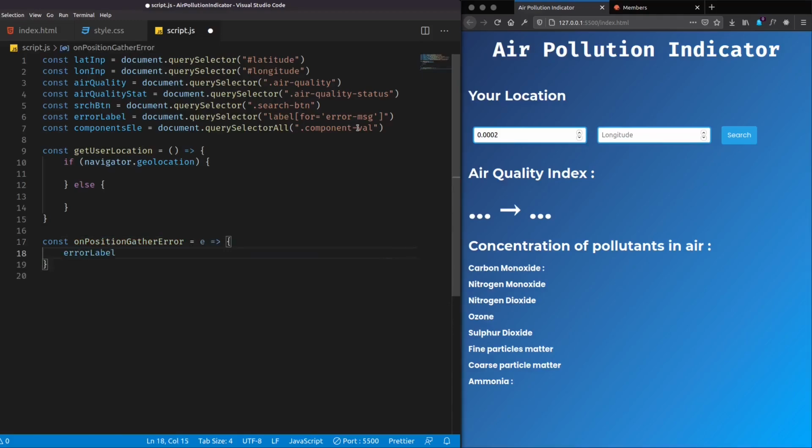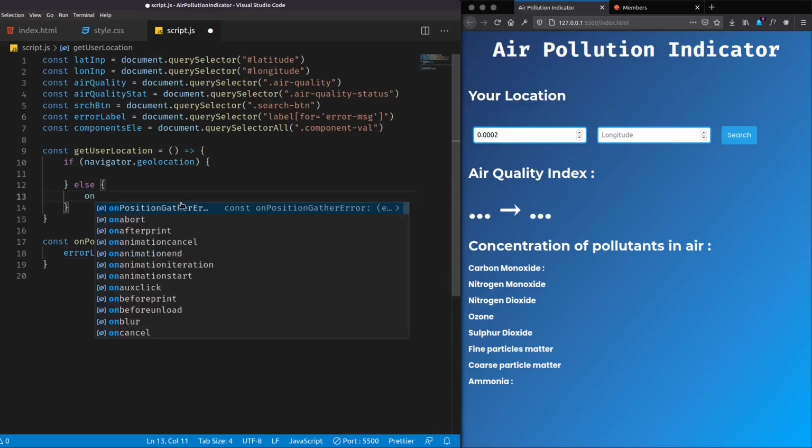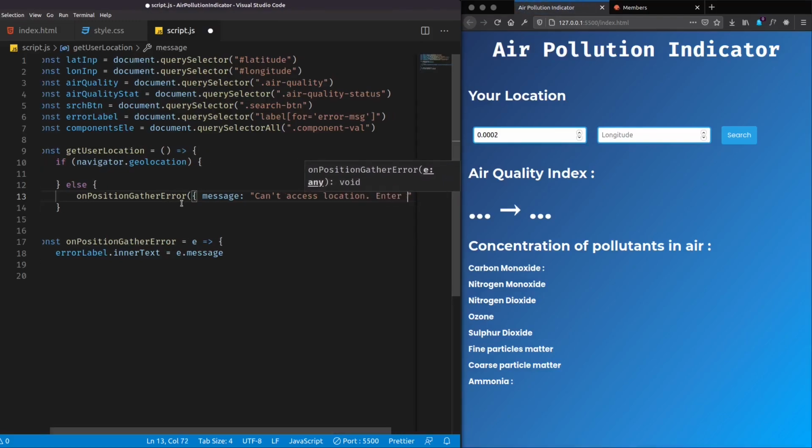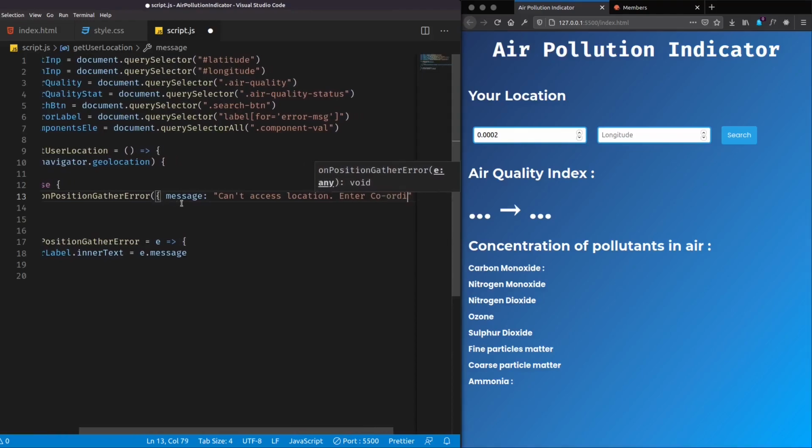And I'll simply set the error label dot innerText to be e dot message, and let's call this function onPositionGatherError, and that should be an object with the compulsory attribute called message, and that will be a string saying access location, and let's say enter coordinates.